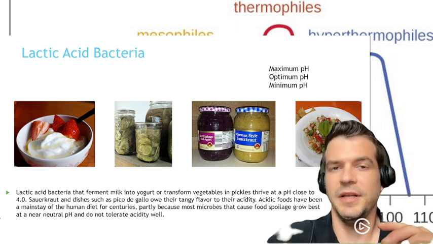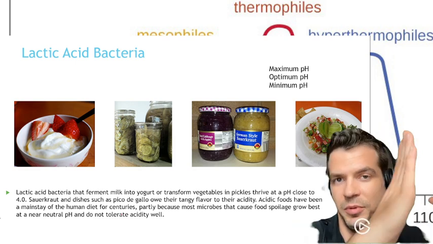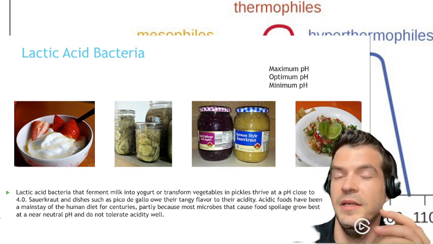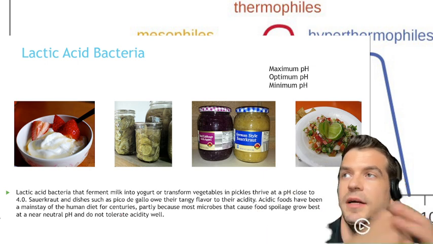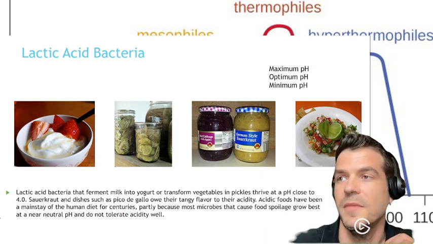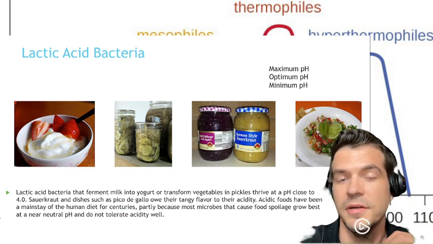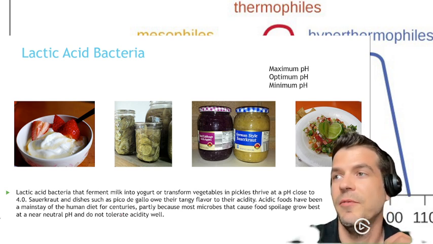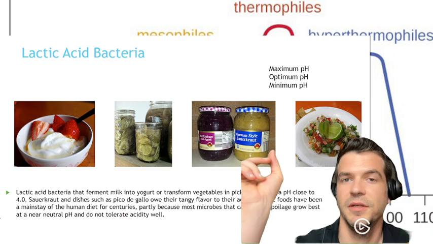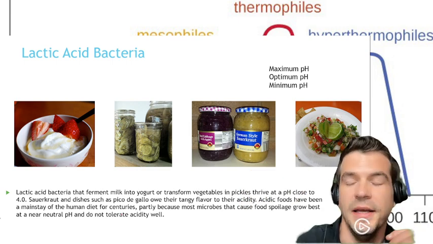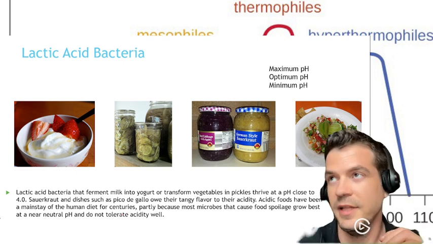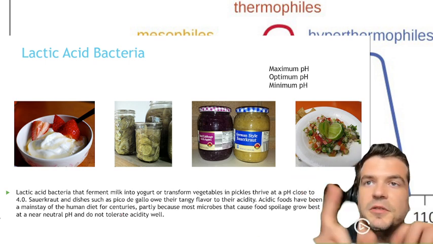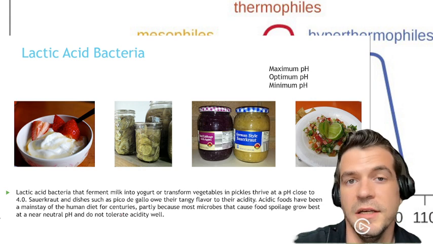If there is an acid and there is a base in life, then things probably like bases as their environment and things like acids in their environment. Okay, and so that holds up in the case of lactic acid bacteria. There are species of bacteria called lactobacillus that we use when we ferment milk into yogurt and other types of lactic acid bacteria to make sauerkraut, salsas, gazpachos, and all kinds of unique tangy dishes